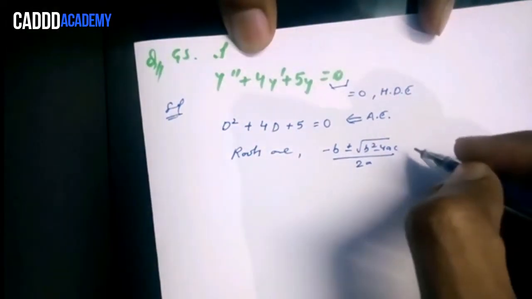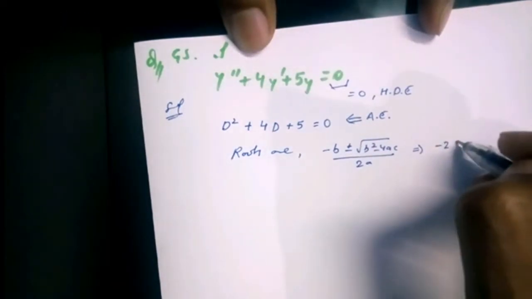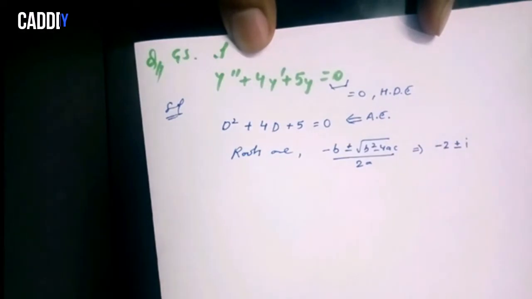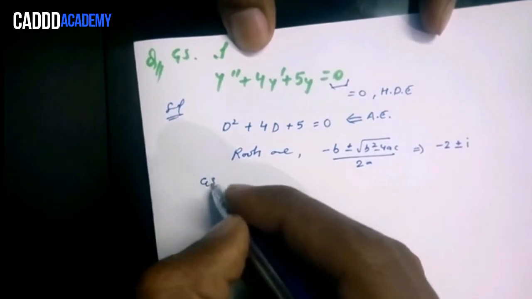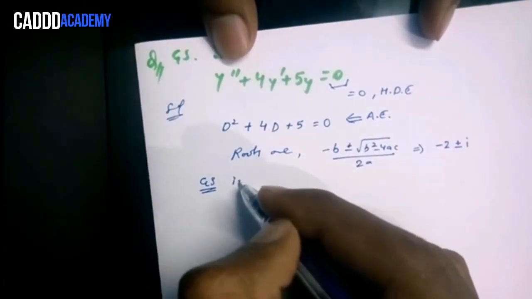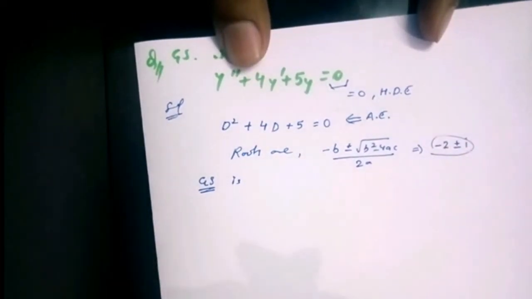So by using this formula, you will get the roots of the equation, which will be minus 2 plus minus i. So here we have a pair of complex roots. We have seen just before that the general solution for a pair of complex roots is